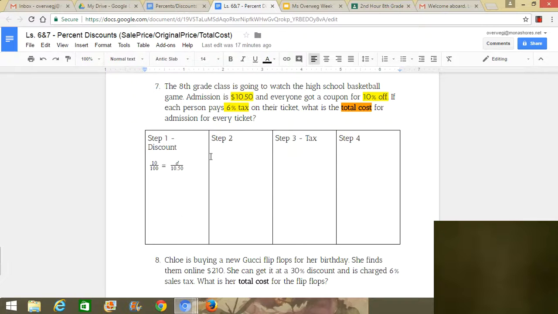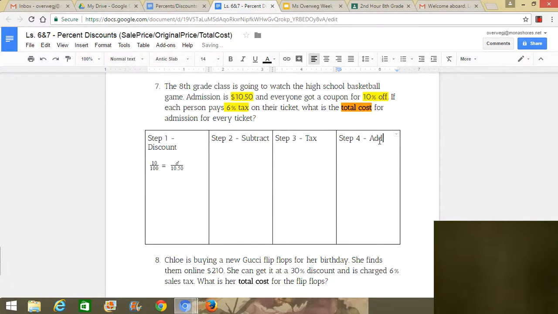Notice I made sure that you'd be able to do the 4 steps and see them clearly, and I gave you a couple little clues. So you should have your blue foldable right next to you open to the total cost tab. Have that right next to your paper, and let's look. What I want you to do is add in on your paper step 1 discount, step 3 tax. Next to step 2, I want you to write subtract, and next to step 4, I want you to write